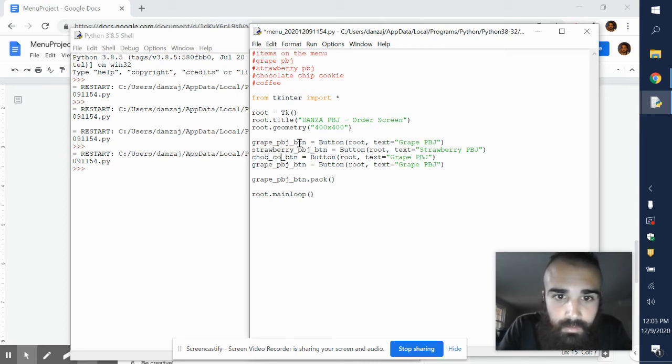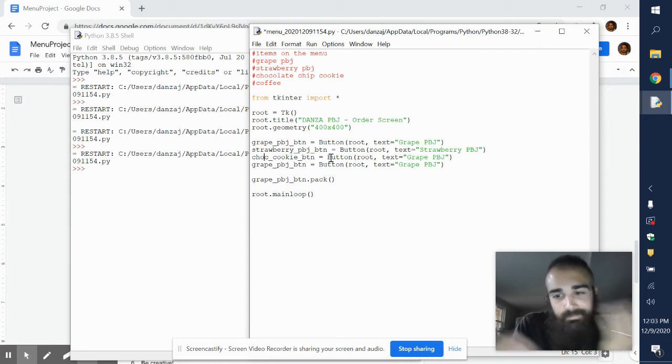I'll say chalk cookie, right? I'll say, yeah, chalk cookie. But the problem with that is, let's say later on you want to add something to your menu that's like a chocolate cookie. Might get confused, right? So,